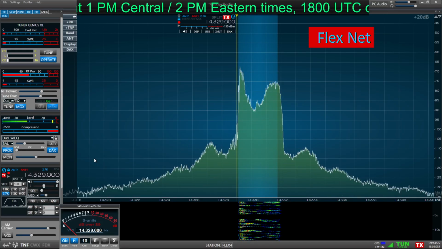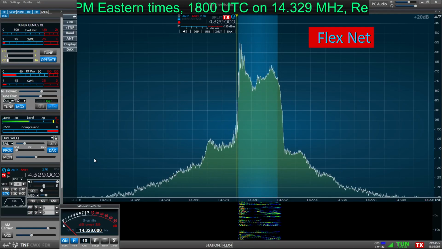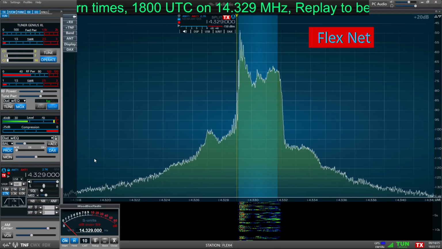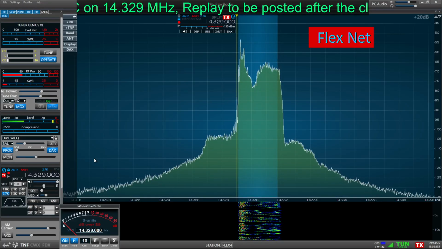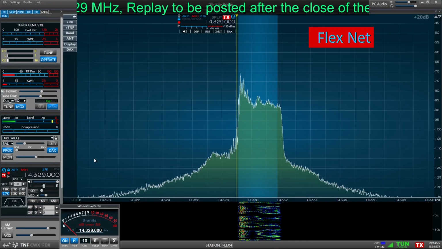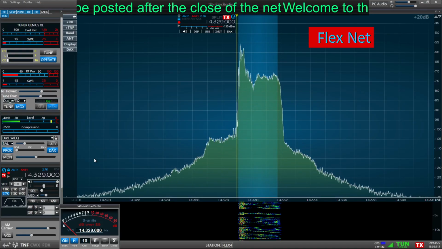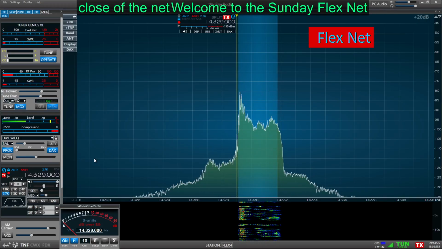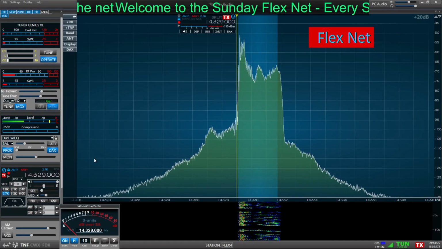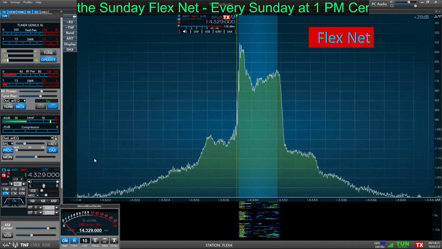In any event, we're simulcasting there on 14.329. It puts a simulated 6-band transceiver in your browser, and you can tune to a simulated frequency of 14.329 on 20 meters on that simulated band, where you can do voice, digital, or even CW.